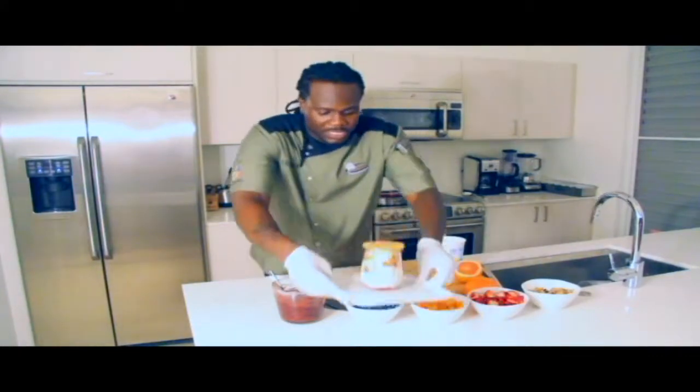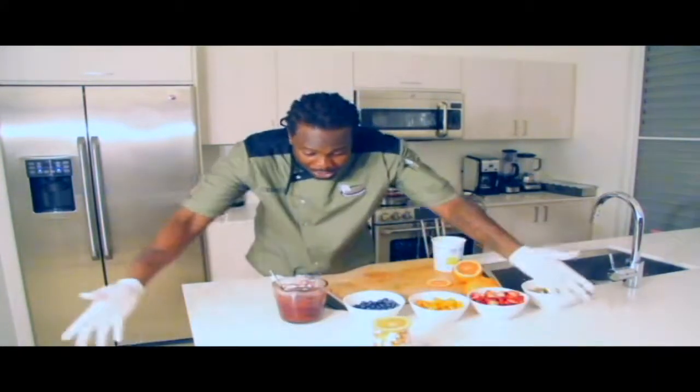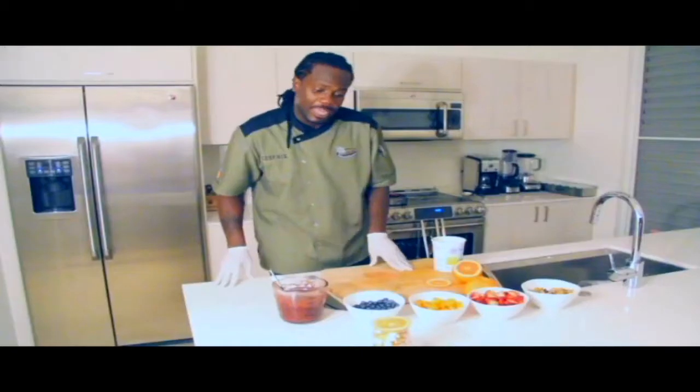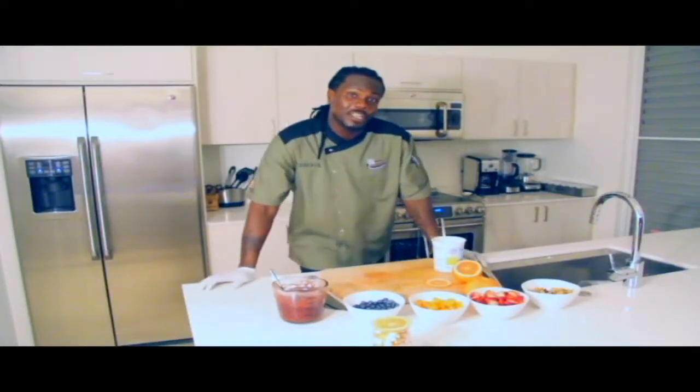And this completes a simple and easy parfait dessert. Unique to the Turks and Caicos Islands because of its preserve with the tamarind and the cherry. Simple, easy. Now I'll play some more of that for my guests, and that's a wrap for this segment of